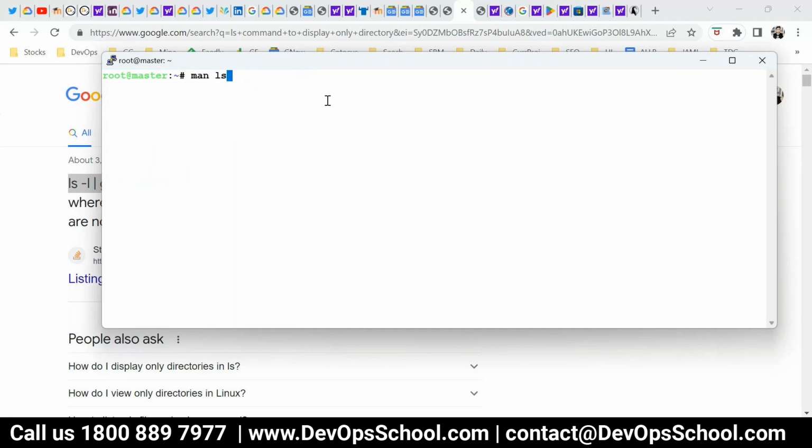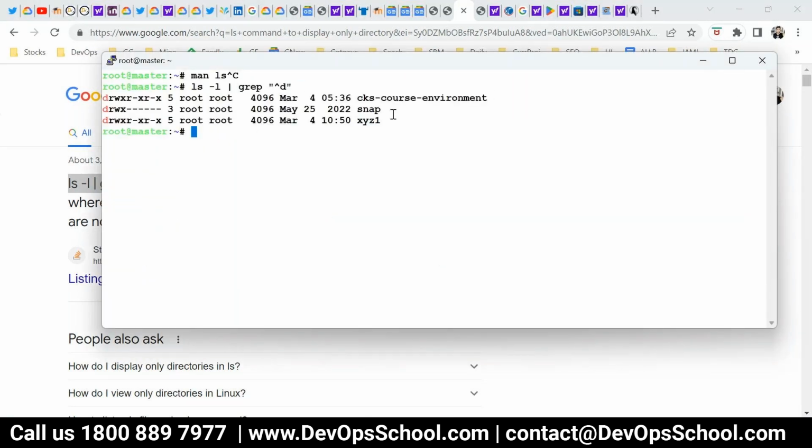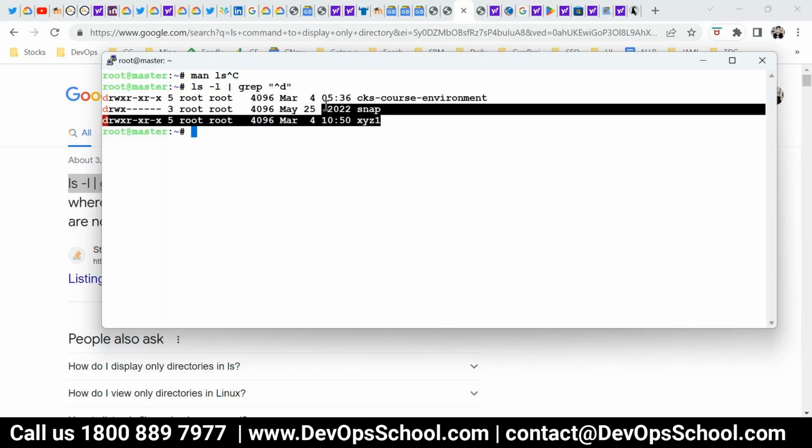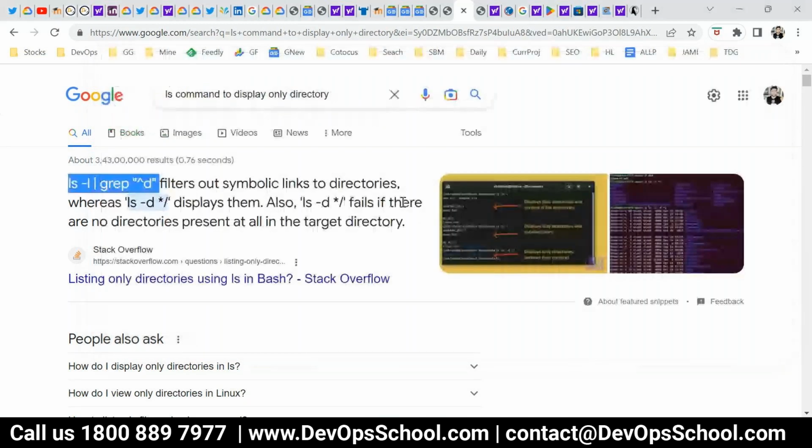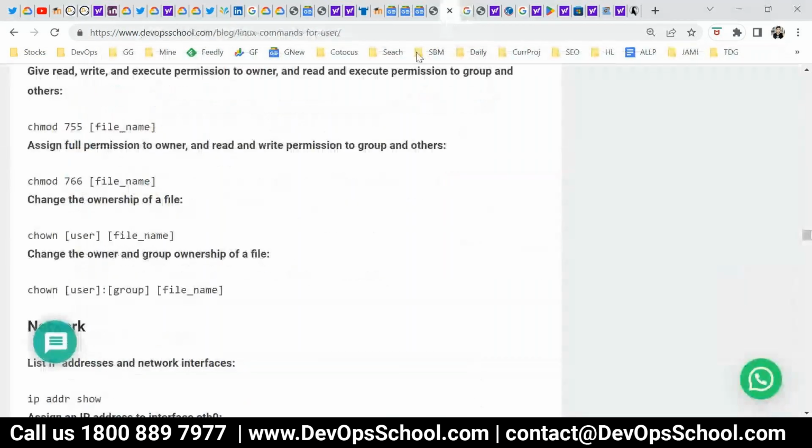So see here, these are all directories. See d, d, d. Got it? So this way you can trace that and done.